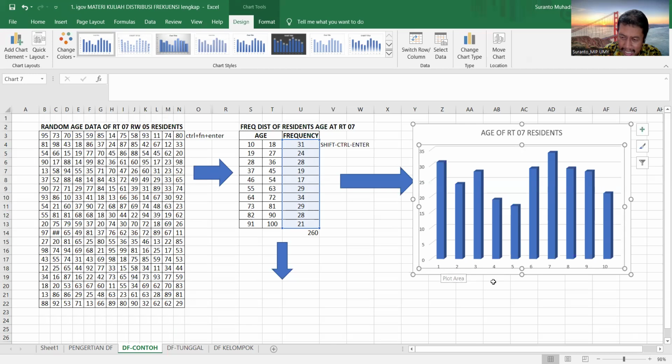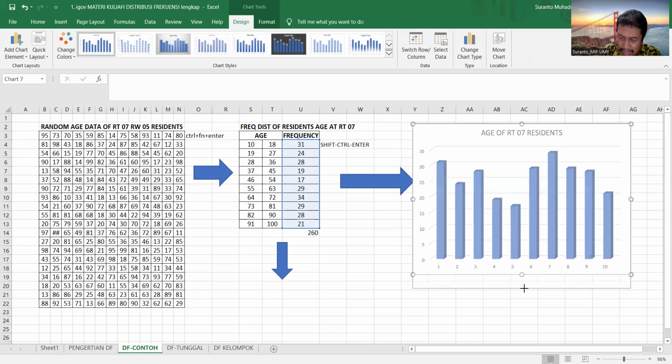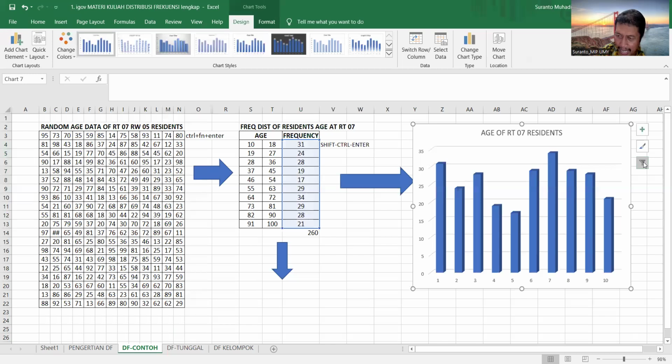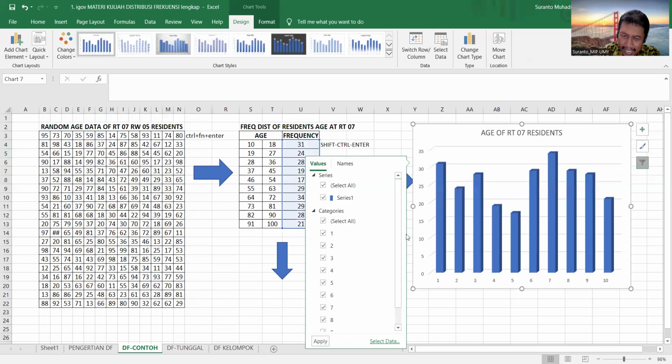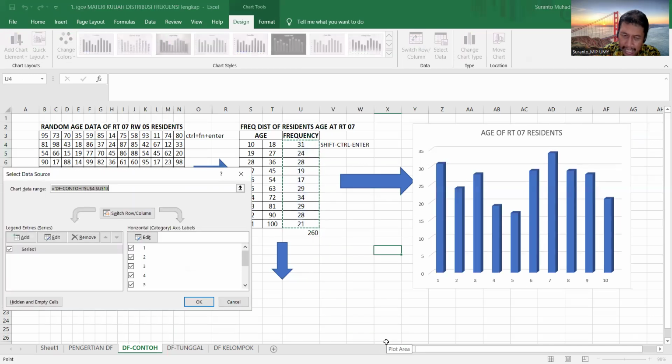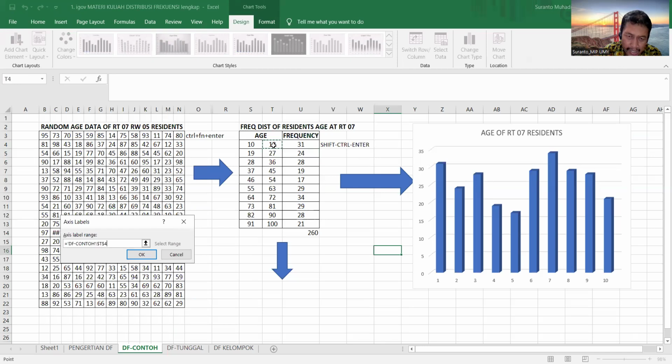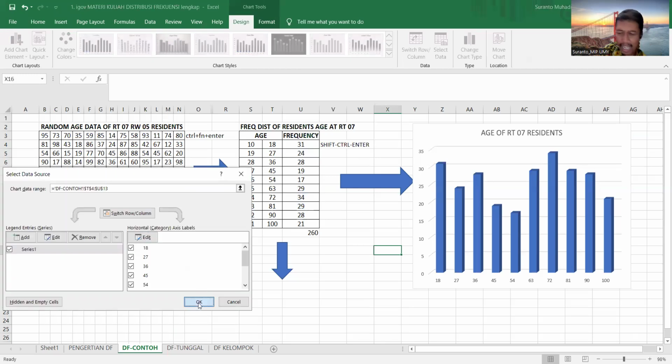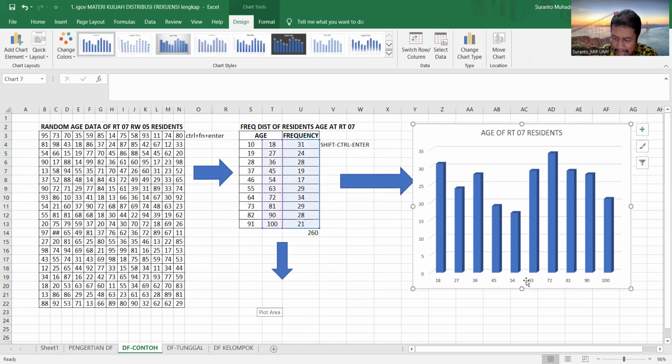So you should change this axis by clicking this one and then Select Data. Click Edit and then highlight this one. Click OK. You have changed the axis data. So it's very, very simple to make display data from the frequency tabulation.